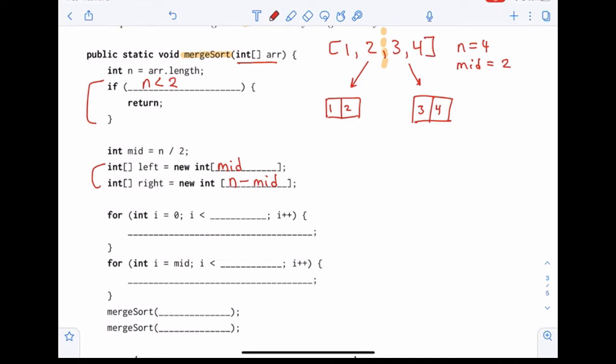All right, so at this point, our code has taken care of the actual instantiation and sizing of our new left and right subarray, but we haven't actually put in any numbers. So we're going to take care of that right now, okay? We're going to do 2 for loops, and our goal with these for loops is to fill in the subarrays. So for int i equals 0, while i is less than mid, I am going to assign